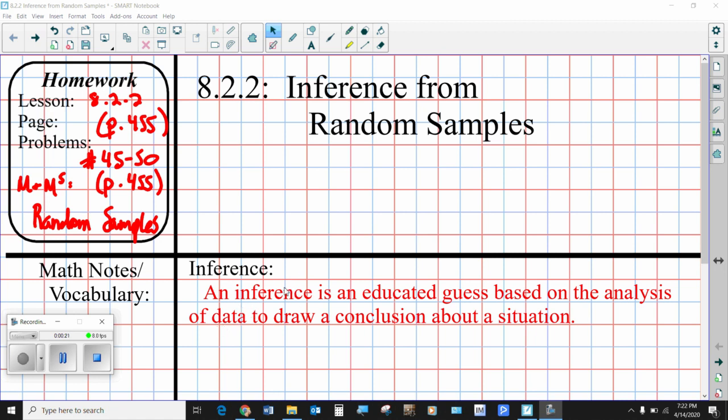So when we have data and we are trying to figure things out by reading the data, there are certain things you can look for, like finding the average, finding the median, putting information into box plots and histograms. You can draw some conclusions by looking at the data once you've organized it. So that's basically the idea of making an inference, and that's what we're going to be doing today and answering